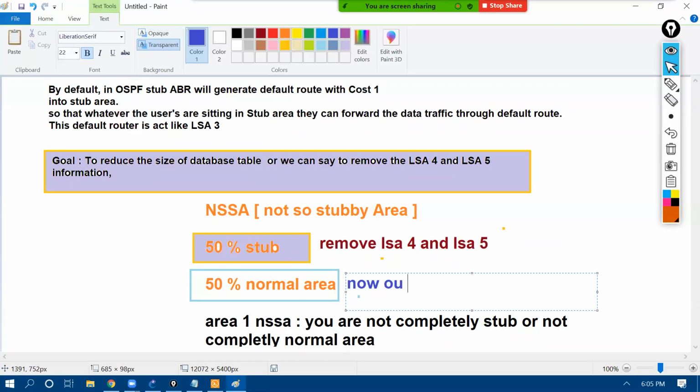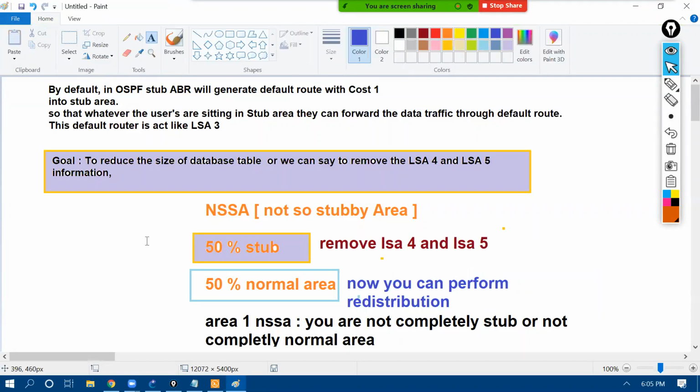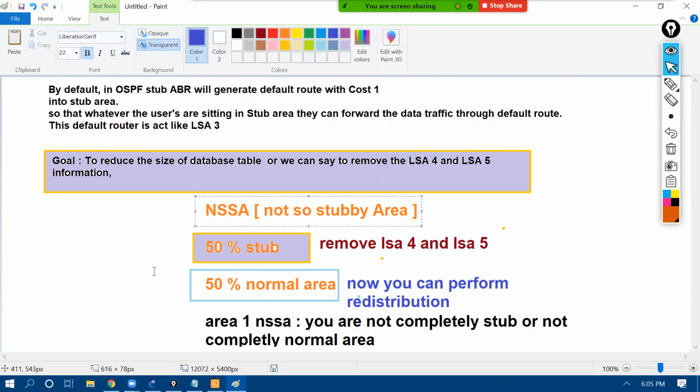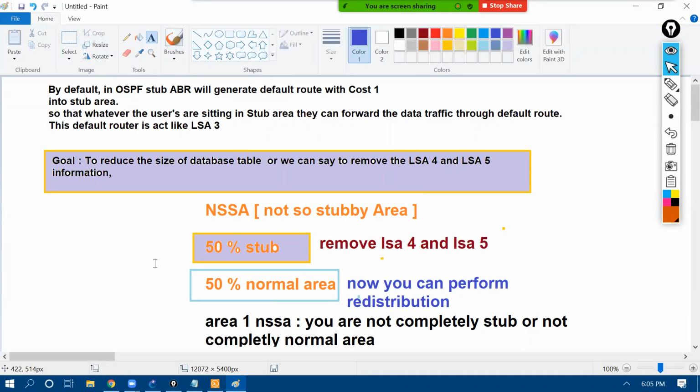Now you can perform redistribution. Now we have solved two issues, right? By making one area a special area. Both the issues have been resolved. The issue was